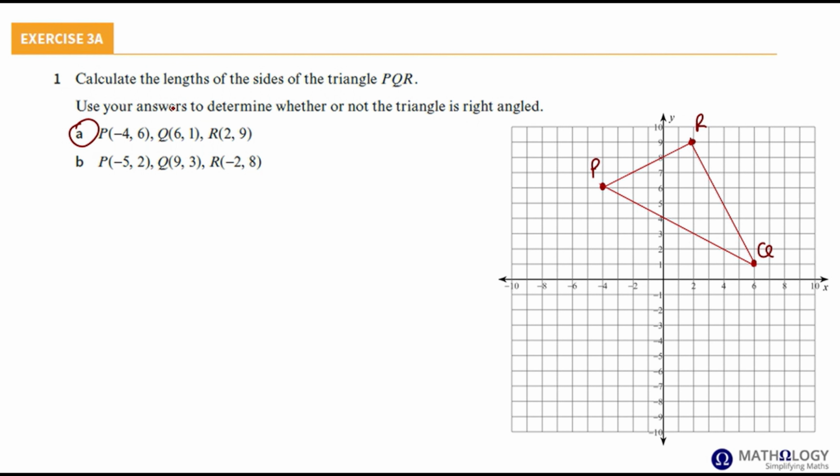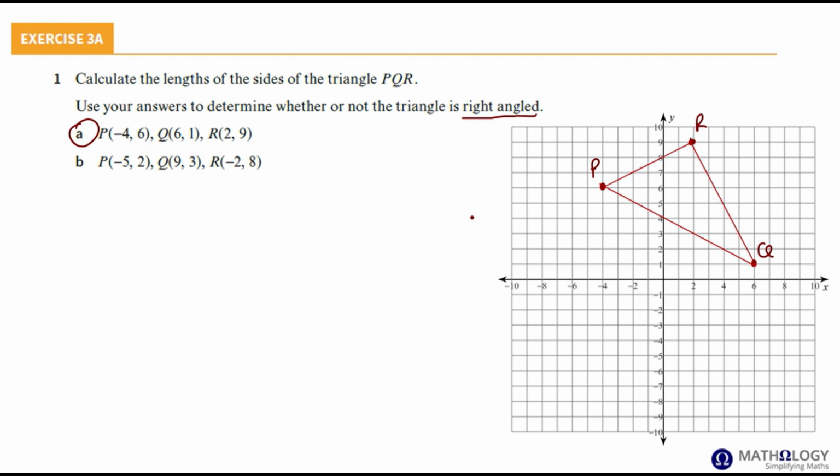And we're required to find the lengths of the sides of triangle PQR in order to show whether the triangle is right angled or not. This is not the only way to go about it. This exercise is primarily on working with lengths of line segments, but we're going to approach this problem with gradients as well, right? So we can determine the lengths of the sides of triangle PQR, and then if Pythagoras' theorem applies, then PQR